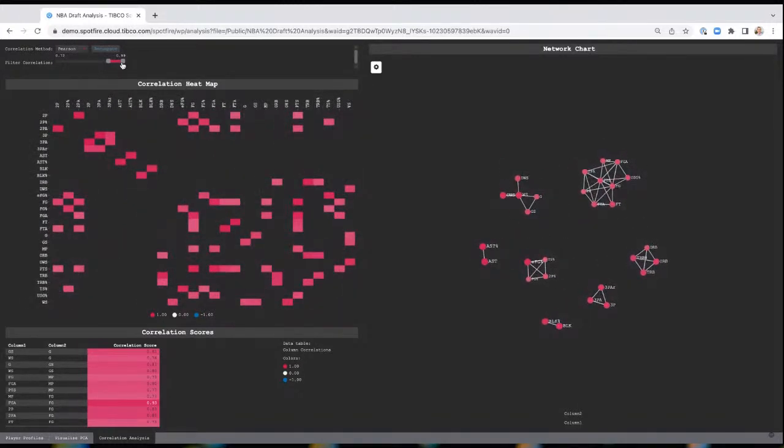So I'm going to raise up a filter when looking at correlations in our data set. I raised this to 0.72. And what we're looking at here are very statistically correlated variables. So we see groups of variables emerge that are very interconnected with one another. So we have assist percentage, effective field goal percentage, true shooting percentage, so some shooting